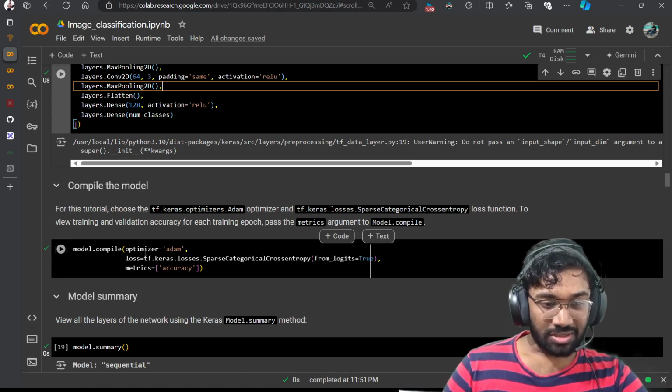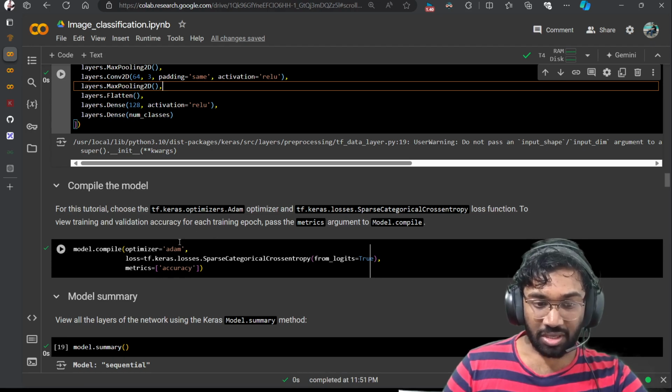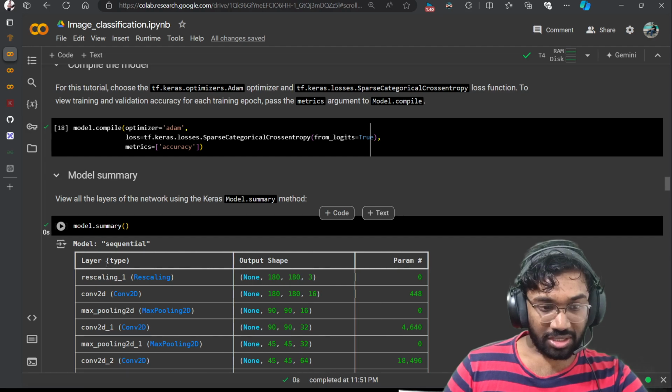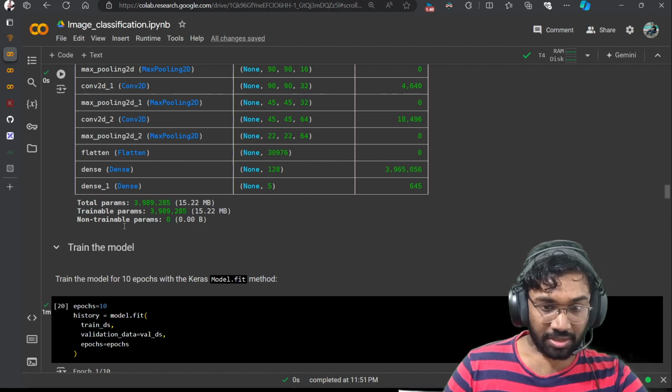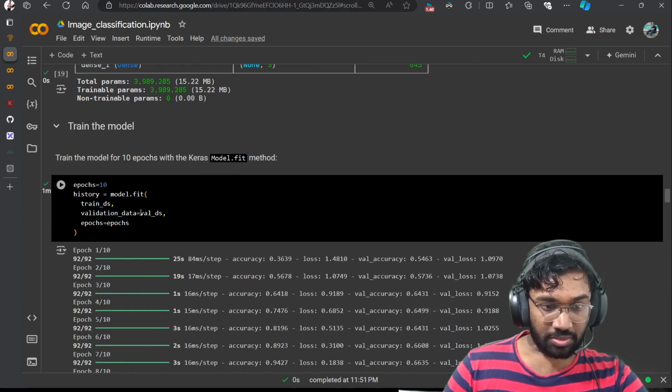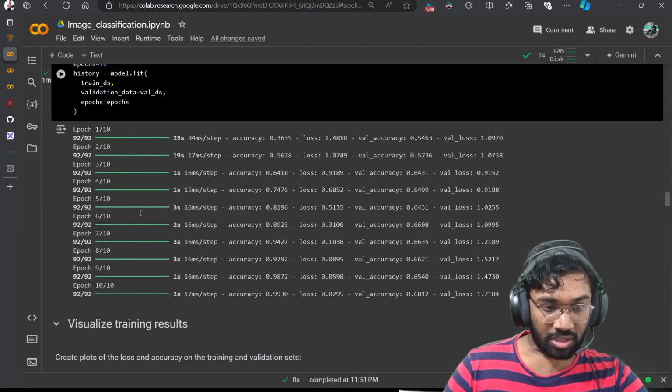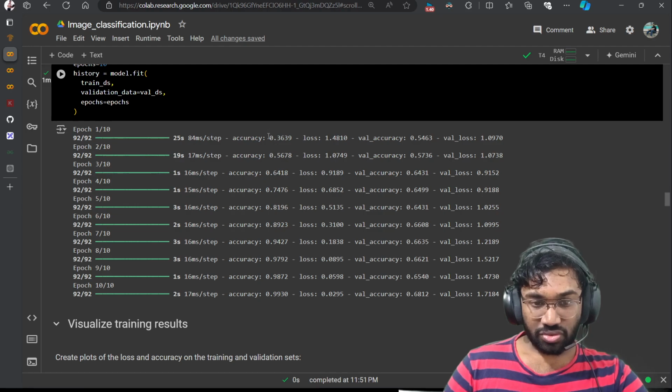Compile the model. This one always uses Adam and accuracy. We are compiling the model here. With model.summary, we will get the summary. Okay, after that we will train the model. Here, if we see this one,